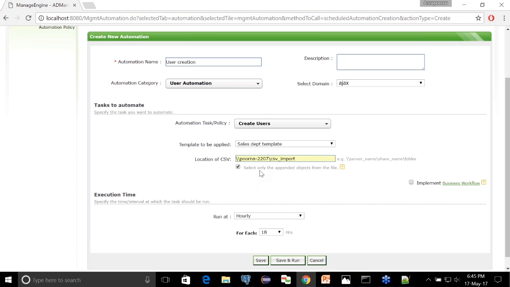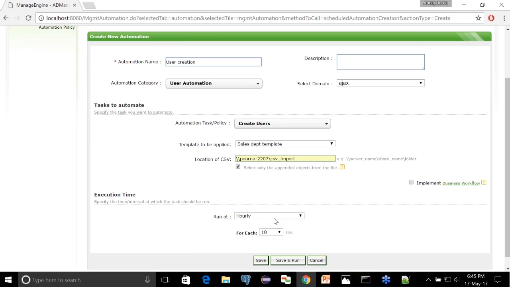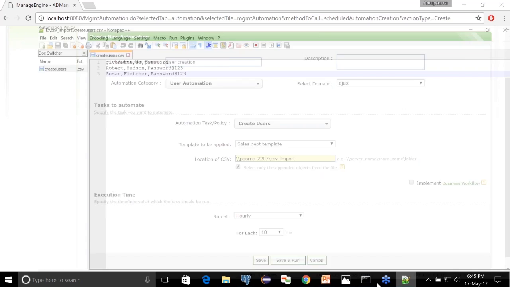Kindly make sure you provide the shared path location where you will be saving your CSV file. So this is where I'm going to save my CSV file. Open up your Notepad and then save this file with the extension .csv. I've already created a CSV file, create users.csv, and I've saved it in my shared location.